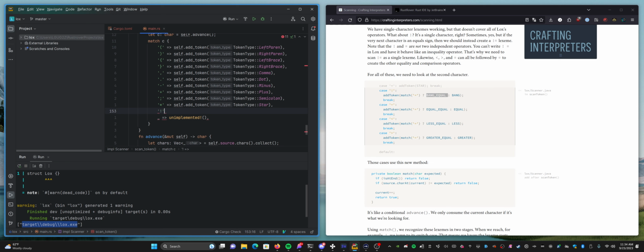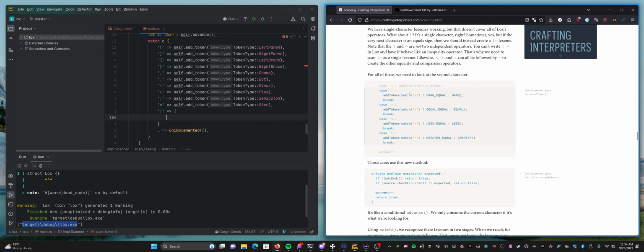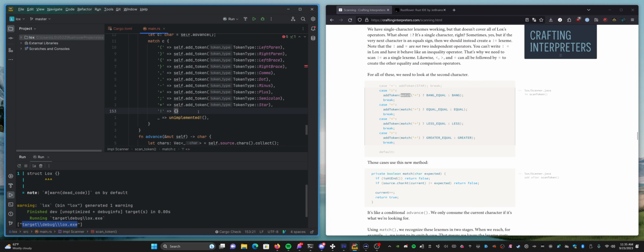So we have bang. And what is this saying? We're doing a match here, right? Match is another function, which we'll probably have to give a different name to. But we're saying if, we'll call it matching, equals,